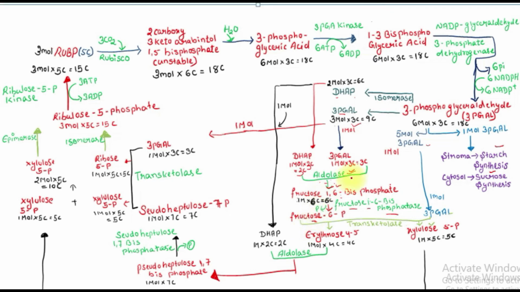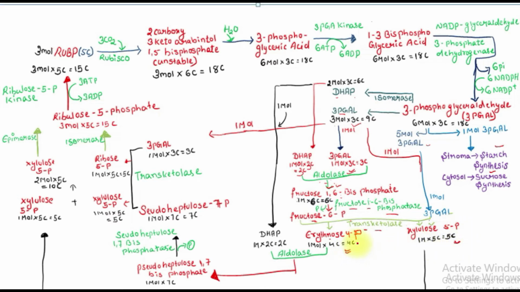Okay, now from this 3-PGAL, we have utilized only one molecule of 3-PGAL. Now the remaining 2 molecules of 3-PGAL are there. From those 2 we will utilize another 1 molecule of 3-PGAL, with fructose 6-phosphate. Now this fructose 6-phosphate and 3-PGAL in presence of the enzyme transketolase will give erythrose 4-phosphate and xylulose 5-phosphate. Okay, this erythrose 4-phosphate is a 4-carbon containing compound and this xylulose 5-phosphate is a 5-carbon containing